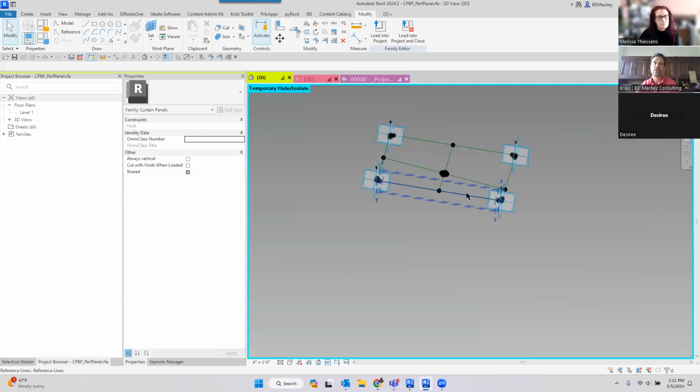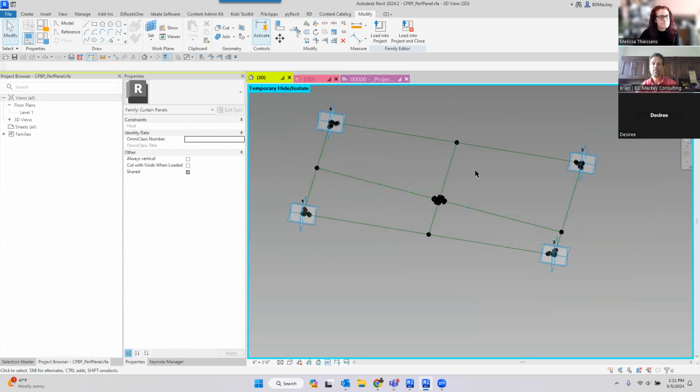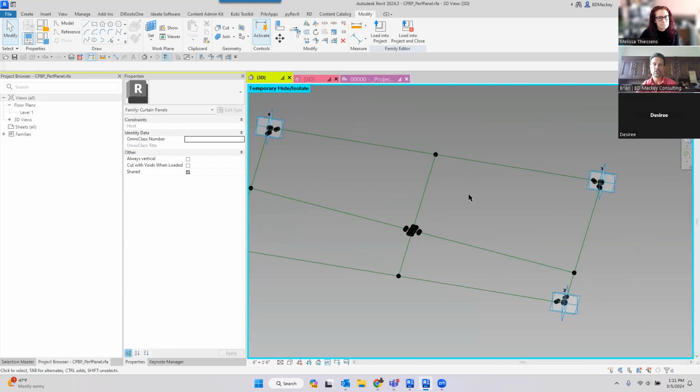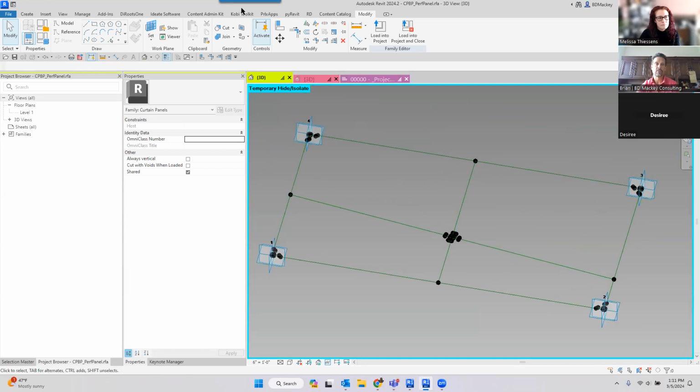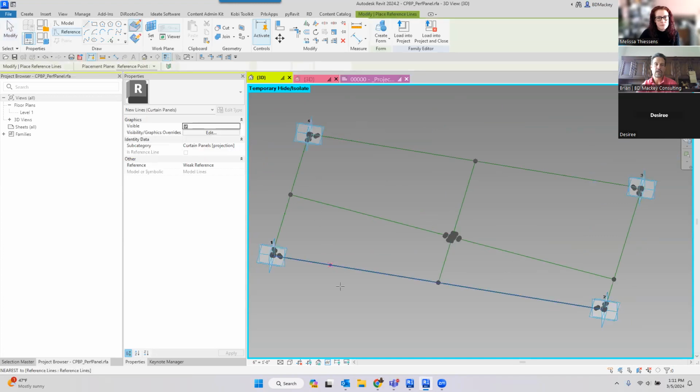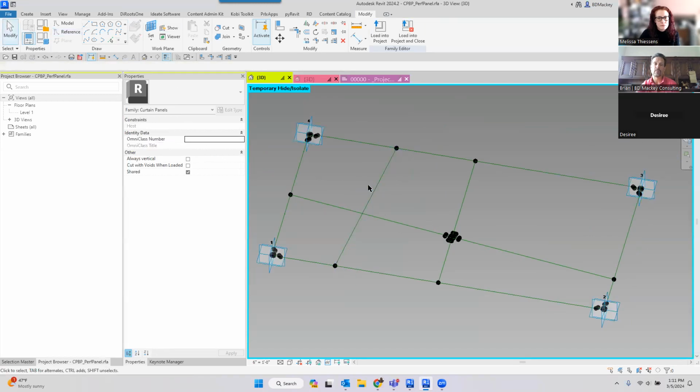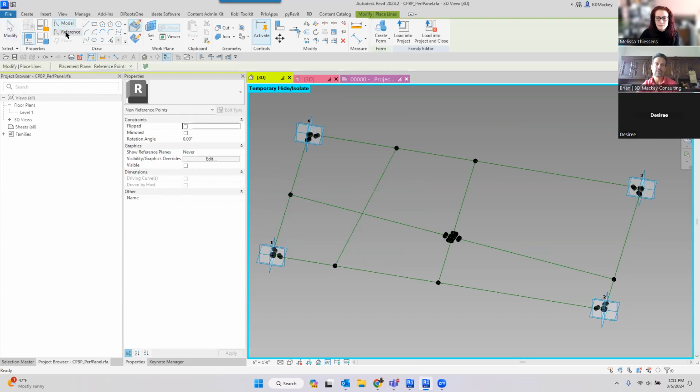Question I saw come up, so the points can have more than one host? No. But I want to do this again. I'm just going to come in here and draw a reference line real quick. Reference line, I'm going to pick from here to here. I'm not going to parameterize that in any way. So when I do host a reference point on something, reference point, not model point, reference point, and I place it on here,